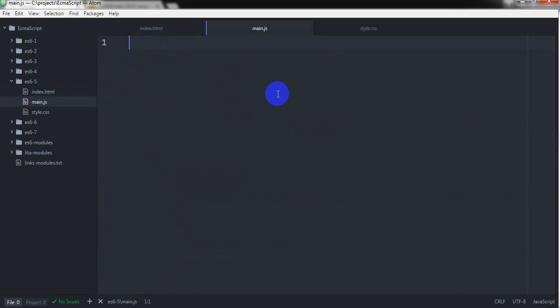Very first, I'm going to explain something which is called destructuring. I'm writing var, some array like a, b is equal to, putting some values 1, 2, 3,